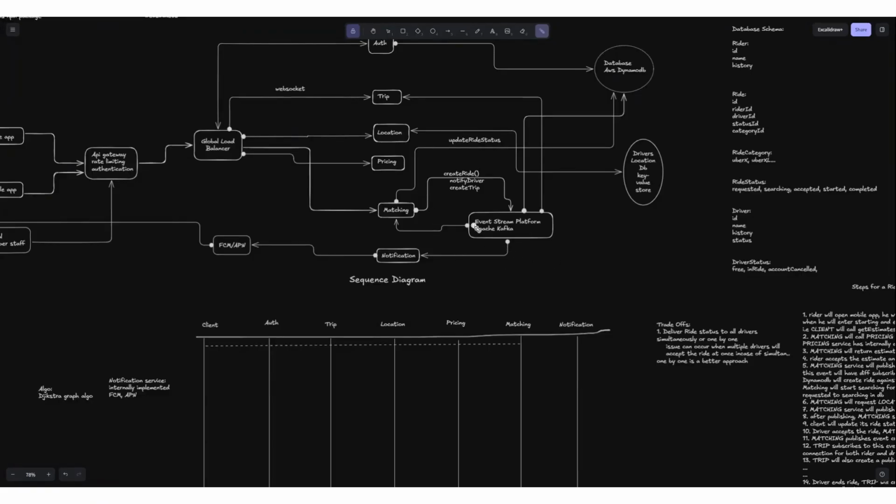And then we'll be using an event stream platform like Apache Kafka. It will act as a pub sub event stream here. One service will be publishing the event, and the other services will be subscribing to the event from this Apache Kafka platform. So if there is some asynchronous communication which we need to do specifically, like in the case of notifications, then we'll be using Apache Kafka here.